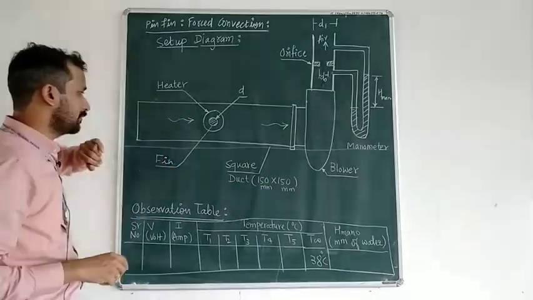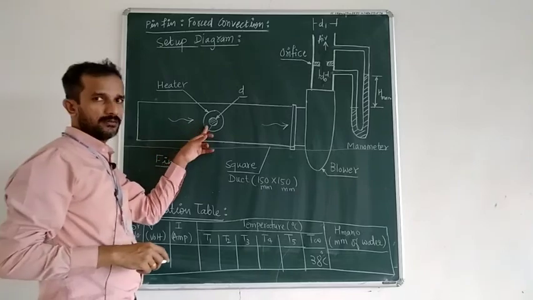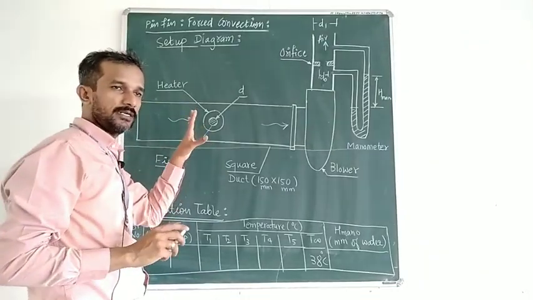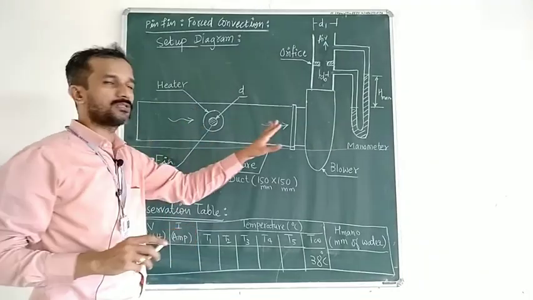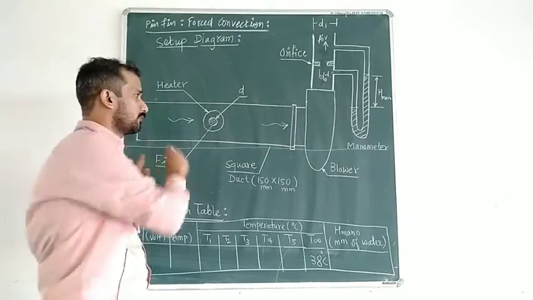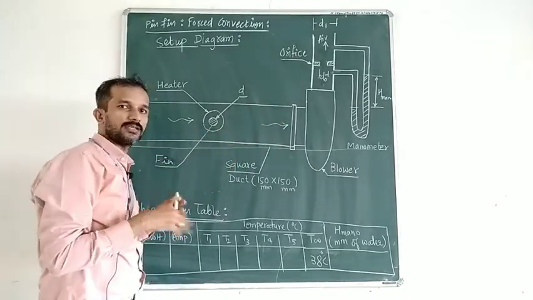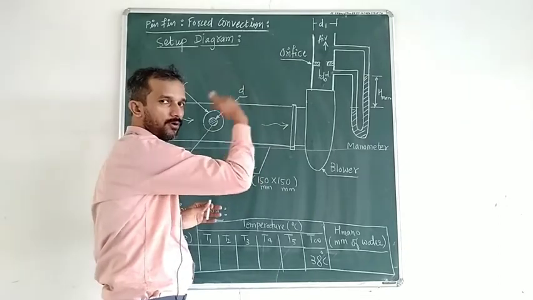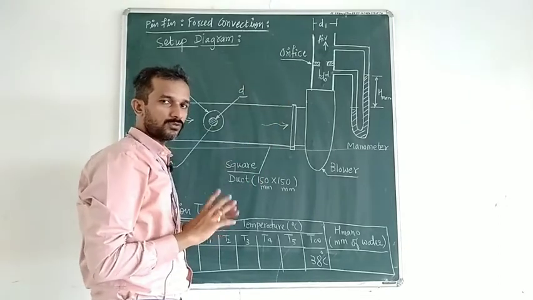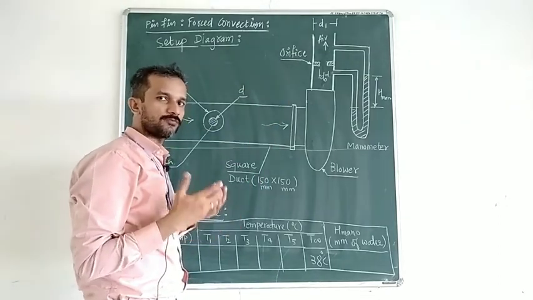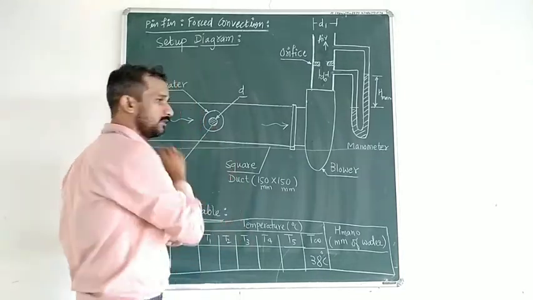The heater is there at the back end. So we will start the heater and allow it to reach steady state. During that, the blower will also be running, so air will flow with some velocity over this. We have installed the blower there, so that is the external means. So it is forced convection. We are cooling this fin with forced convection.